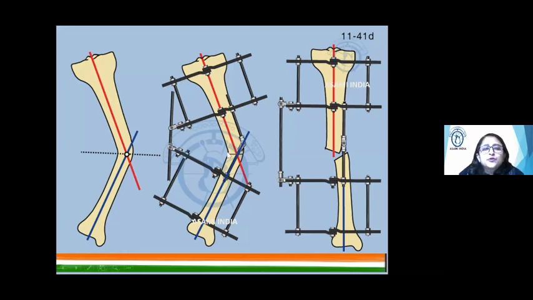See here, the osteotomy is done at the CORA, but the hinge is away from the CORA. You get correction of angulation, but see what has happened to the proximal and distal mechanical axis. They are not aligned. Actually, they have become parallel to each other. So in this situation, you have created a translational deformity. You corrected angulation, but you created a translational deformity. So this rule is not acceptable.